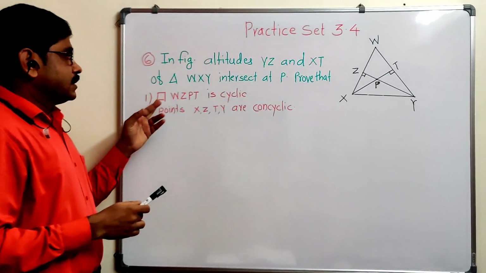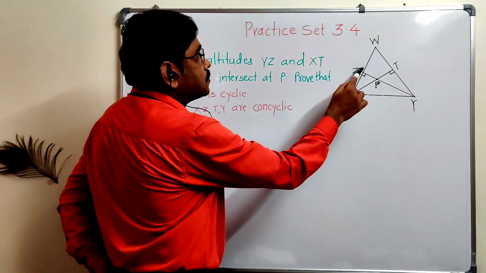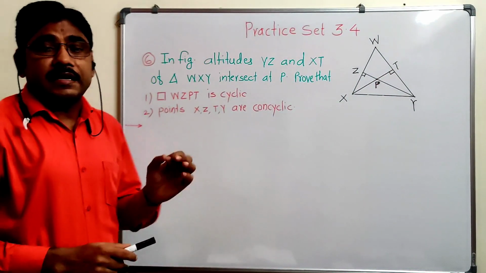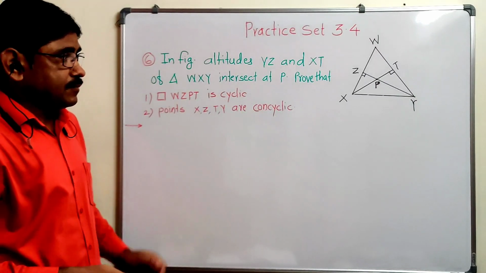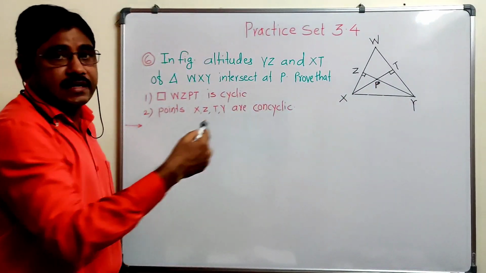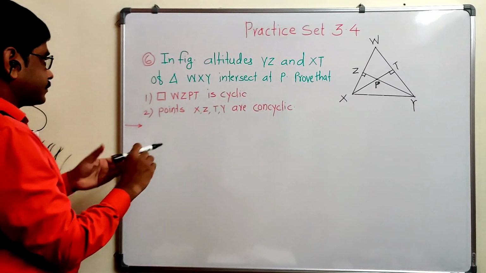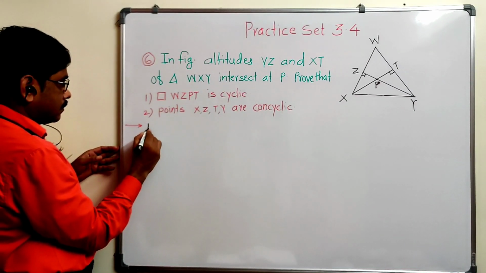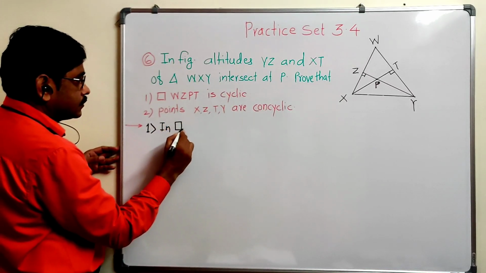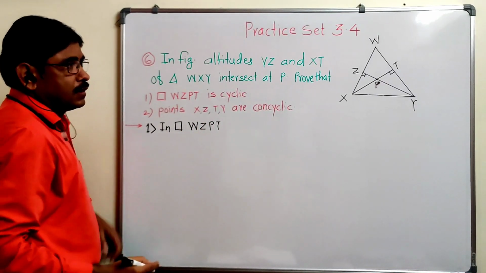So what we have to prove? First one, quadrilateral WZPT, this one, this quadrilateral is a cyclic quadrilateral. That is the first step. Second, these points X, Z, T, Y, these 4 points are concyclic. That we have to prove. So let us see one by one. So first one, in quadrilateral WZPT, if you observe this quadrilateral